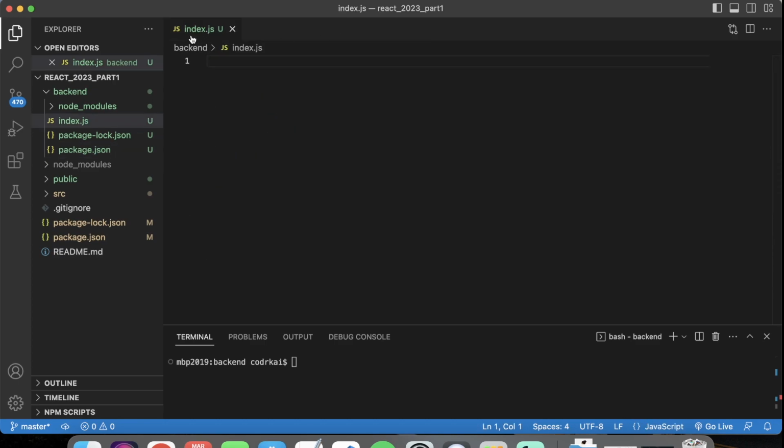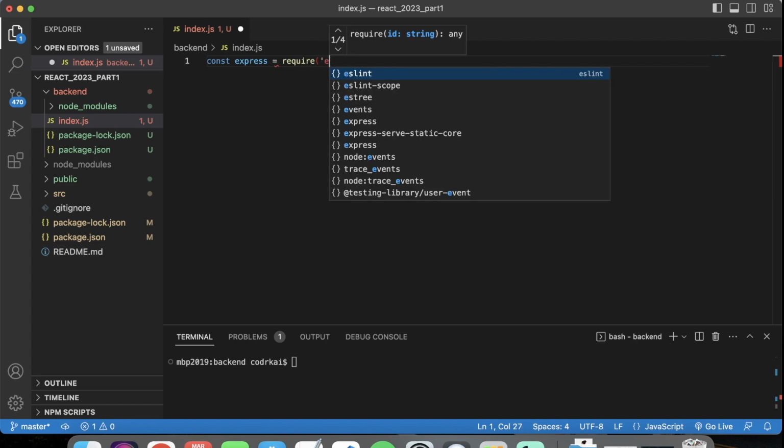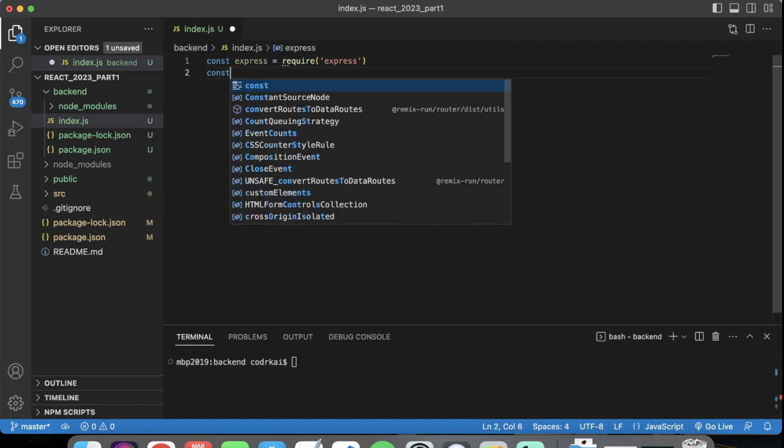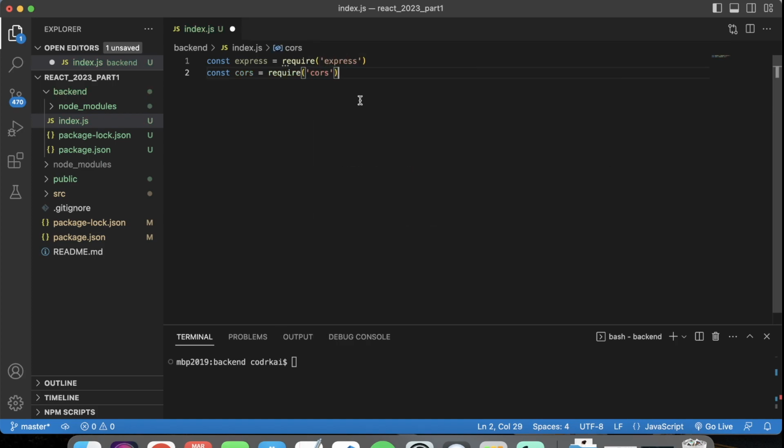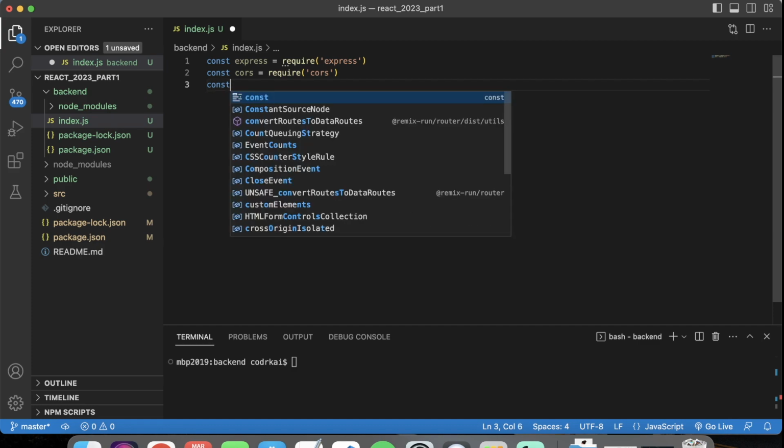Now going back into our index.js here, I'm going to do a const express equals require express. Now let's put in the cors. Const cors equals require cors. So we need this cors right here so that we can access our server from different domains. And you will run into issues if you don't install this. There's other ways around it, but this is the best way. So install cors here. We need body-parser